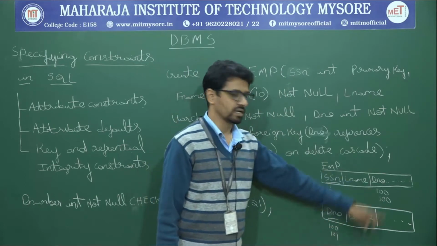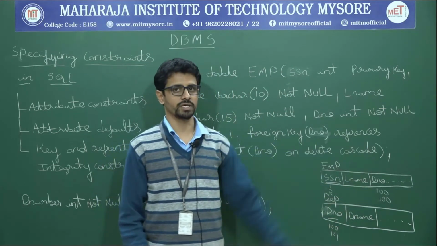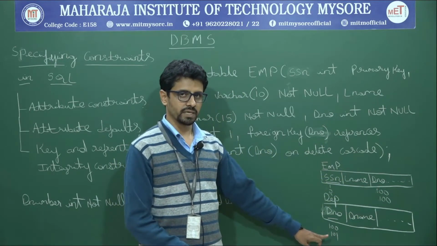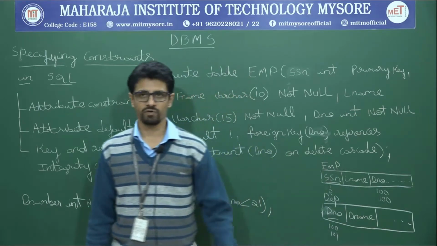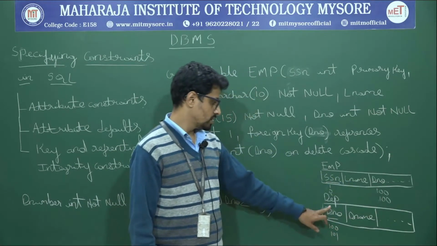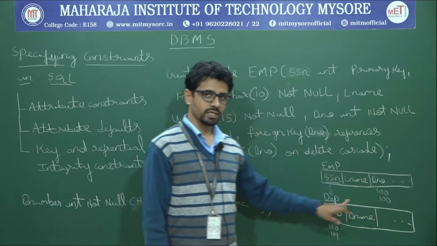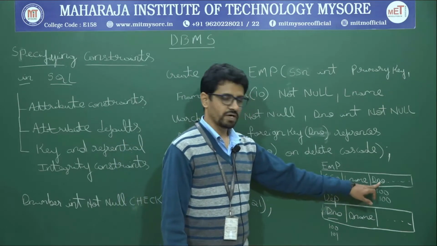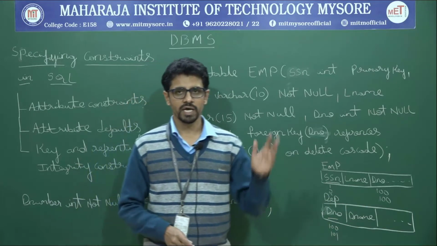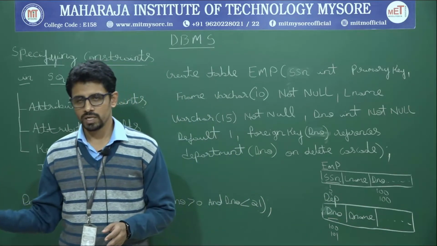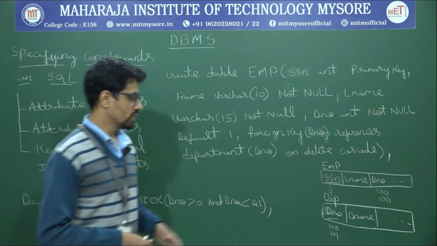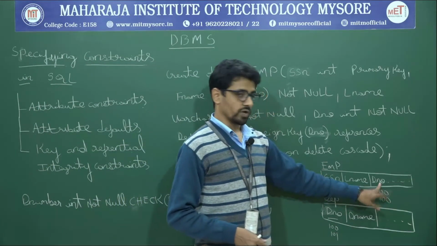Now what is this department number meant to be? As you all know, this is the foreign key here, because if an attribute of another table, which is a primary key in that table, is used here, it is called a foreign key. So department number is the foreign key for the employee table because it was a primary key in the department table. It has been specified here in order to give a relationship between an employee and a department. As you know, in the ER diagram we wrote, employee works for department. In order to give this relation, we use this foreign key approach. So department number is a foreign key here.